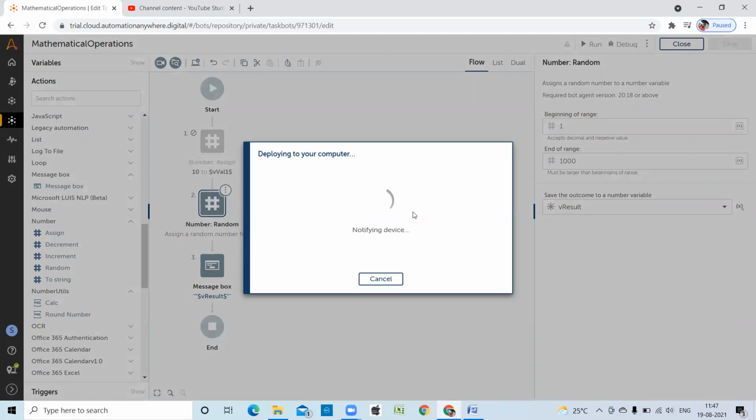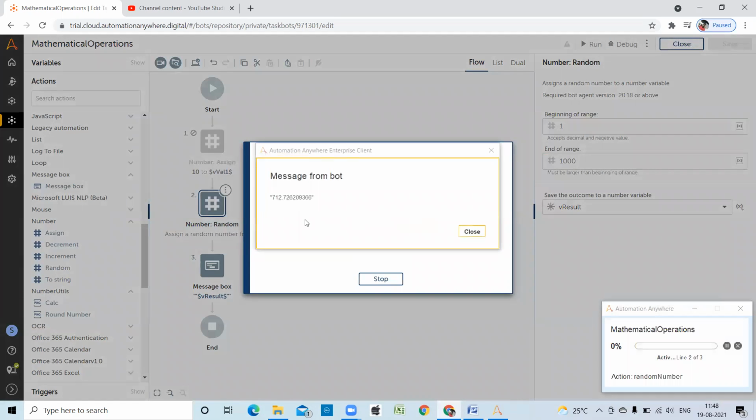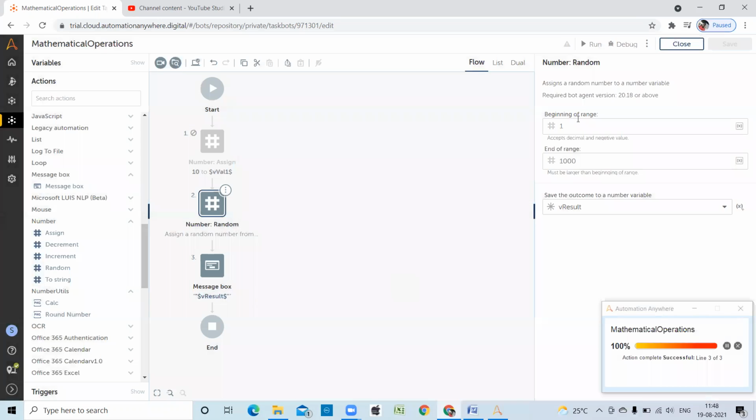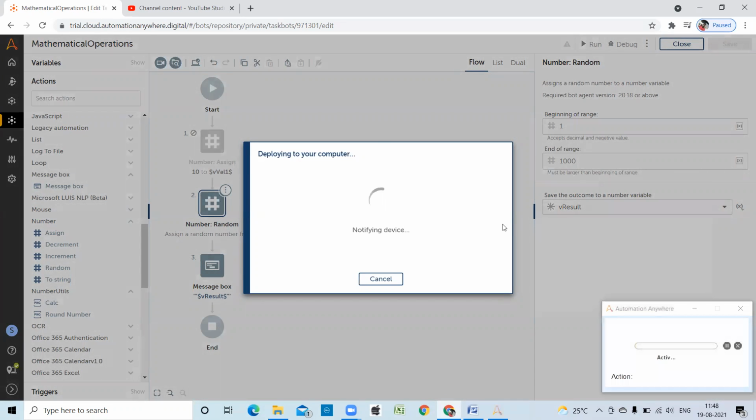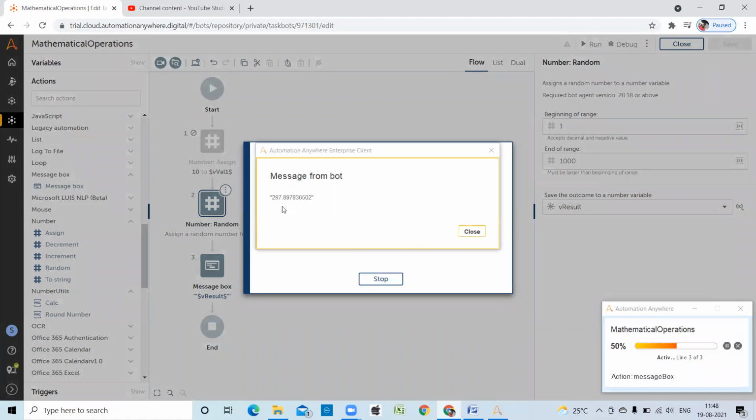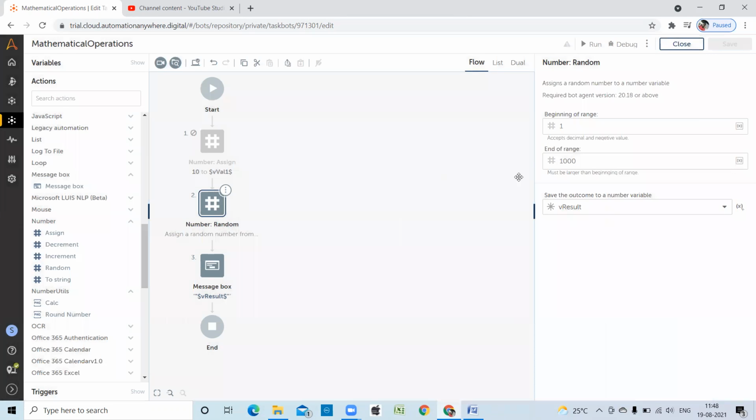This time we'll change the value. Let's see, now again a different number. If we run the bot again, now 287. Like this, it will pull a value between 1 and 1000. This is the random.